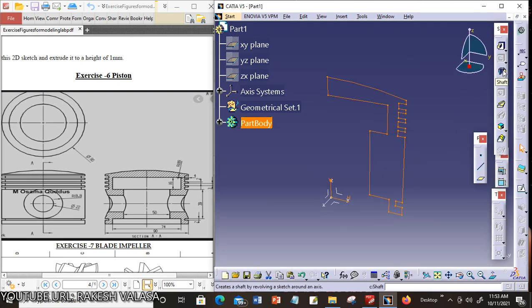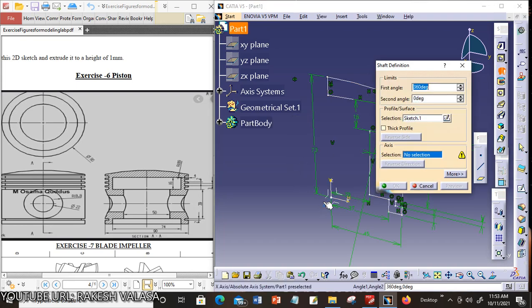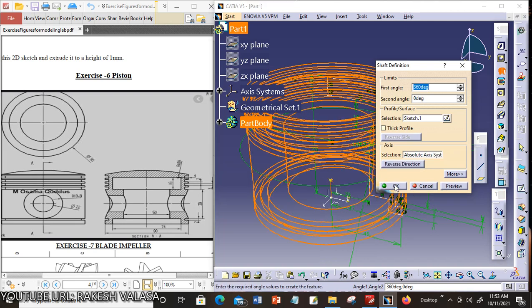Now choose the shaft tool. You can revolve the 2D sketch with reference to the Z axis. Now click on OK.